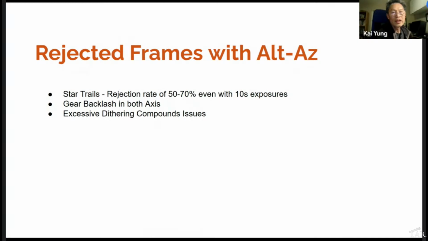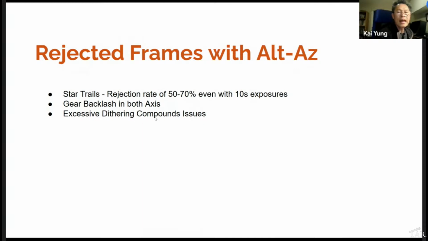So you get a lot of star trails. Typically you get around 50 to 70% rejections, even with 10-second exposures. And people are really upset about that. But we fix all that with EQ mode. And that's one of the reasons why ZWO is now embracing it.